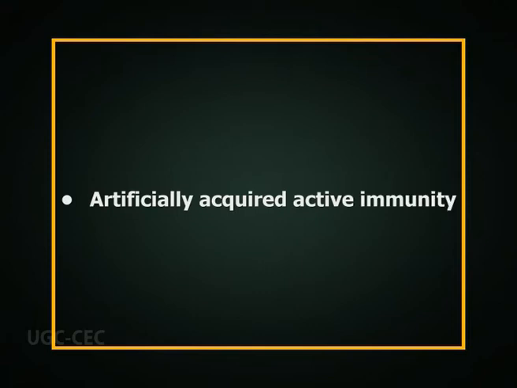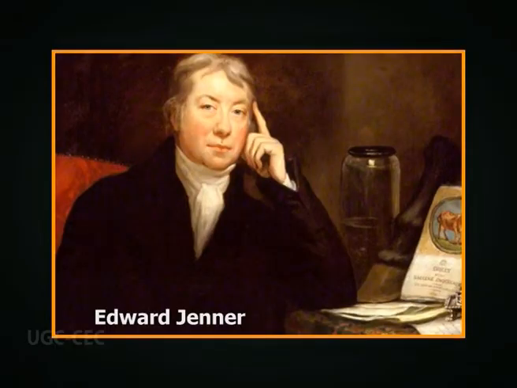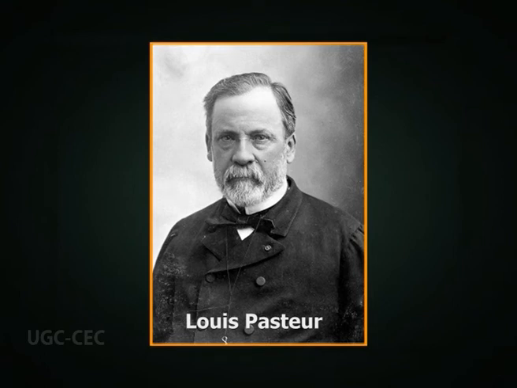Artificially acquired active immunity. Artificially acquired active immunity can be induced by a vaccine, a substance that contains antigen. A vaccine stimulates a primary response against the antigen without causing symptoms of the disease. The term vaccination was coined by Edward Jenner and adapted by Louis Pasteur for his pioneering work in vaccination. The method Pasteur used entailed treating the infectious agents for those diseases so they lost the ability to cause serious